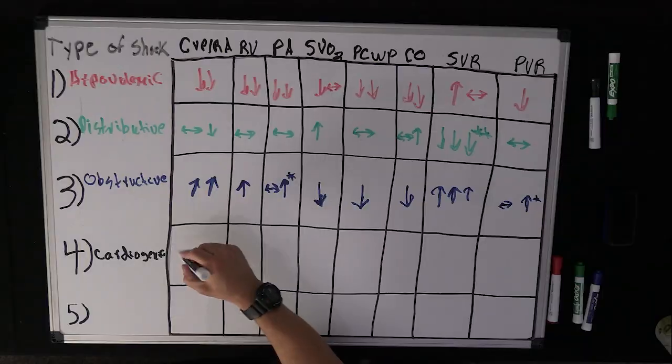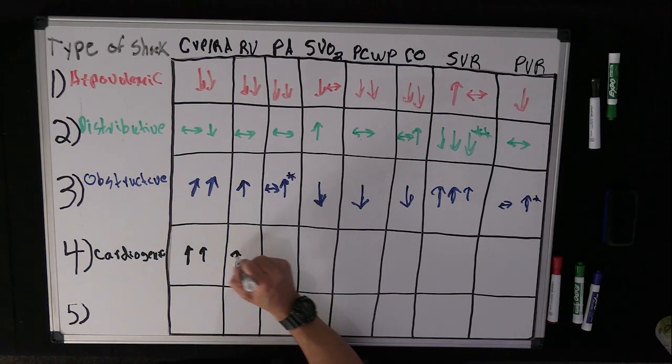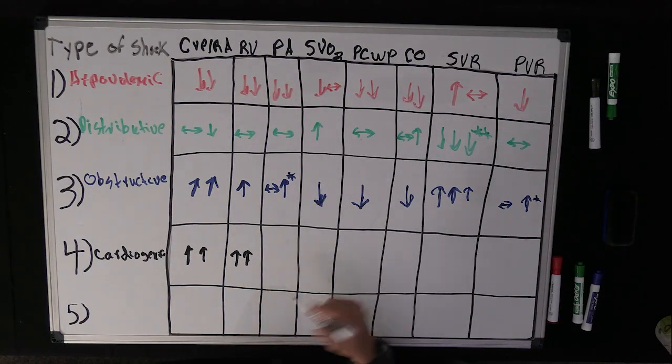And then you have cardiogenic shock. Okay, and so in cardiogenic shock, I kind of think of it most of the time, now this isn't always the case, but most of the time like the inverse of the hypovolemic shock. So typically you'll have elevated right heart pressures, although not always, I always put a caveat, not always, elevated PA pressures. Then you have a low SVO2, because remember that highway scenario,